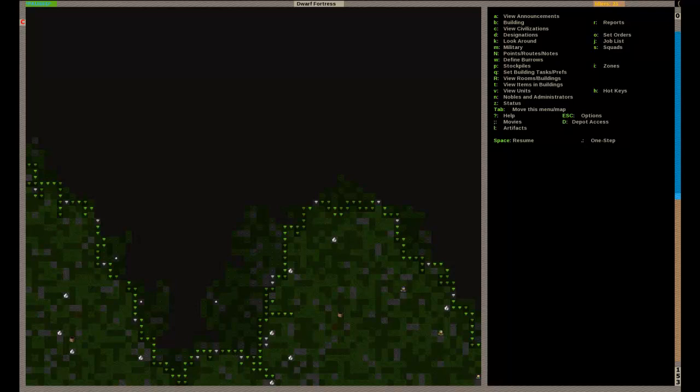Alright, so here they go. They're on the move. It looks like 1, 2, 3. One of them's a juvenile. 2 juveniles. So we're up to 5, 6 dwarves, 7 dwarves, 8 dwarves,